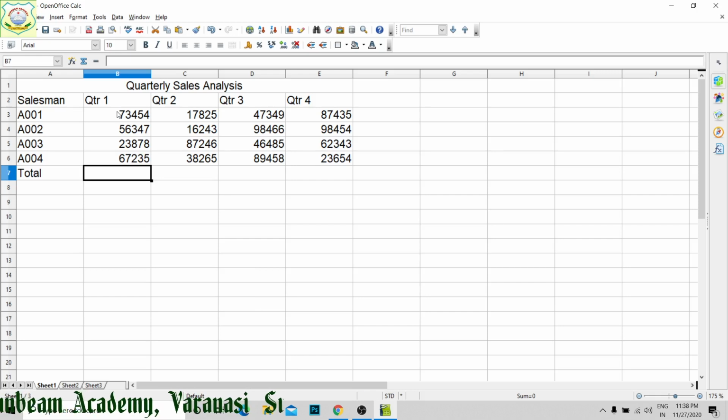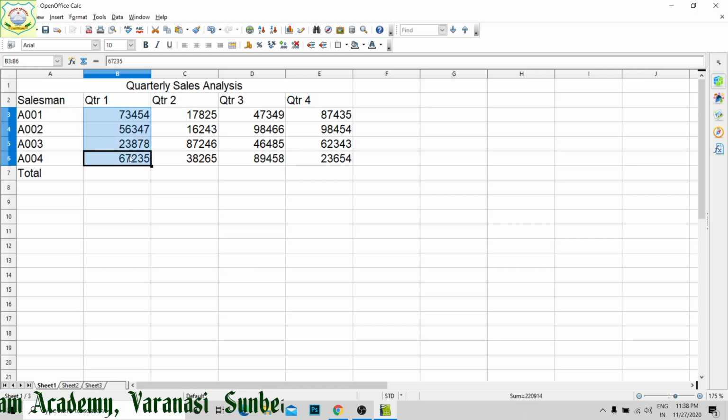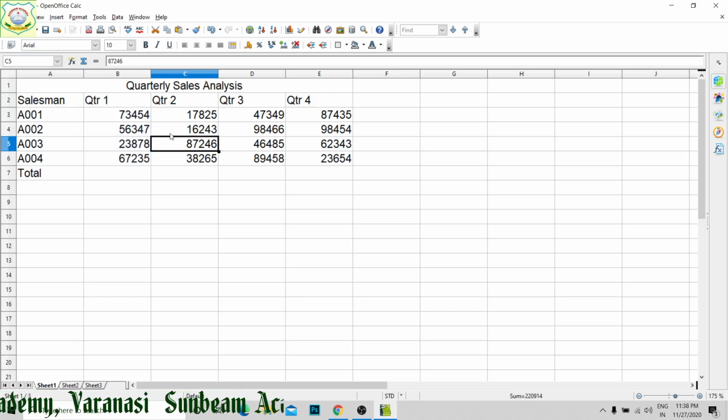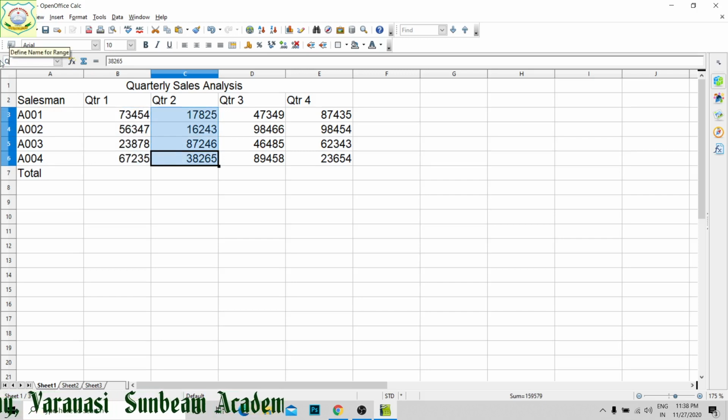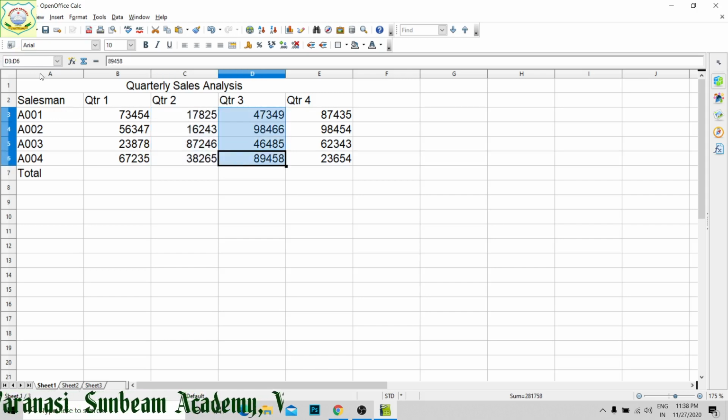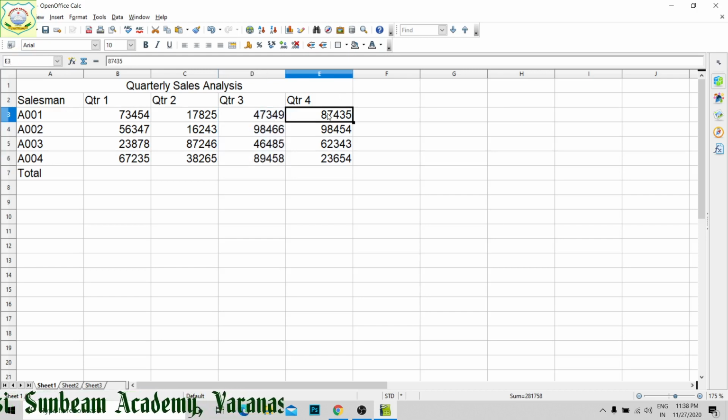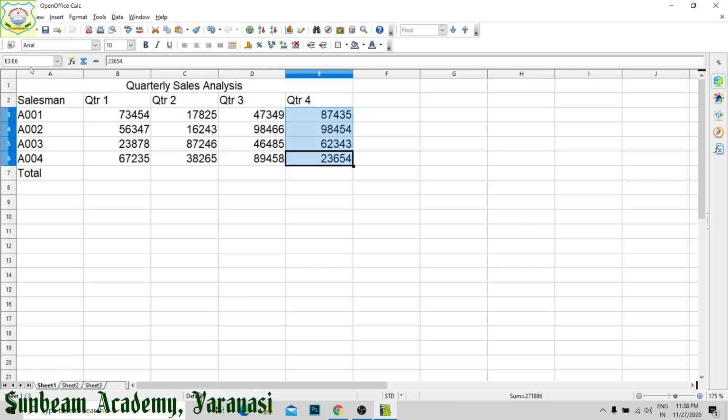Now we will see, name the range B3 to B6 as quarter 1. So here I will write QTR1, right? Then it's quarter 2, so select it, write QTR2, select this one and write over here QTR3, then select these one and write quarter 4.